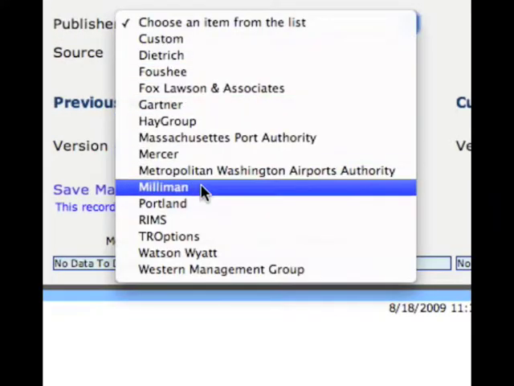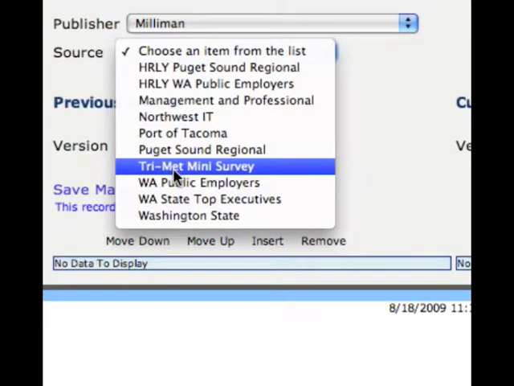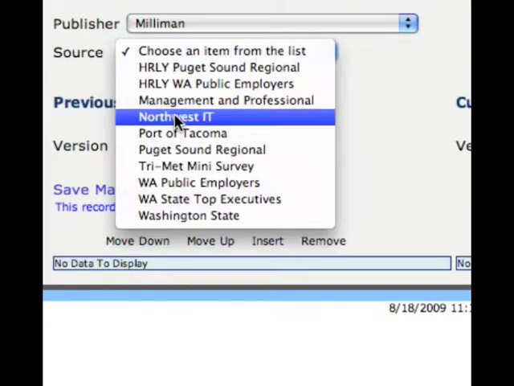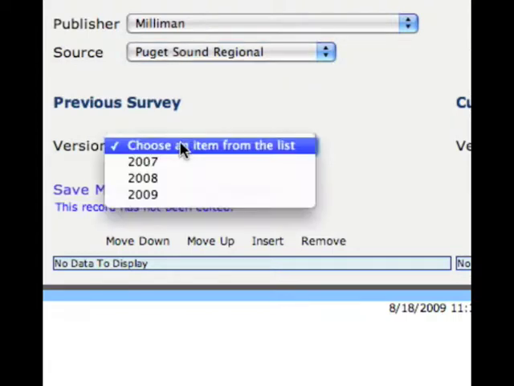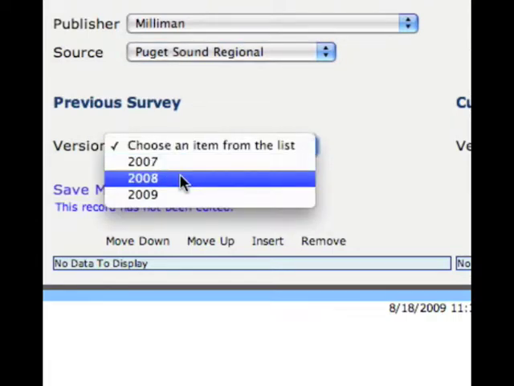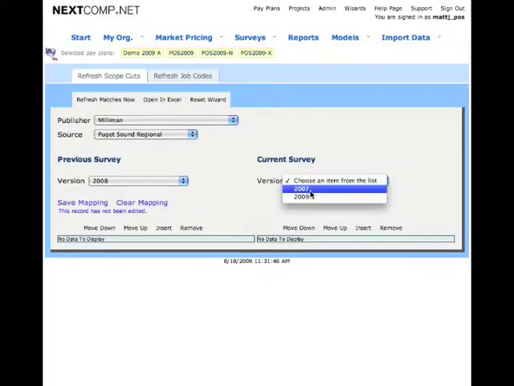The first thing you'll want to do is select a publisher. In this case, I'll choose Milliman, and then a source from that publisher, and in this case, I'll choose the Puget Sound Regional. And then I'll need to tell the wizard what the previous survey version is, and then what the current survey version is. And you'll notice that the previous version does not show up, so you can't have the same version